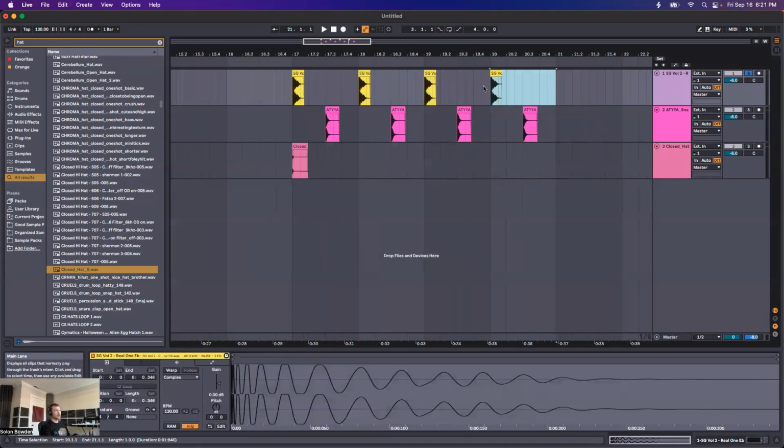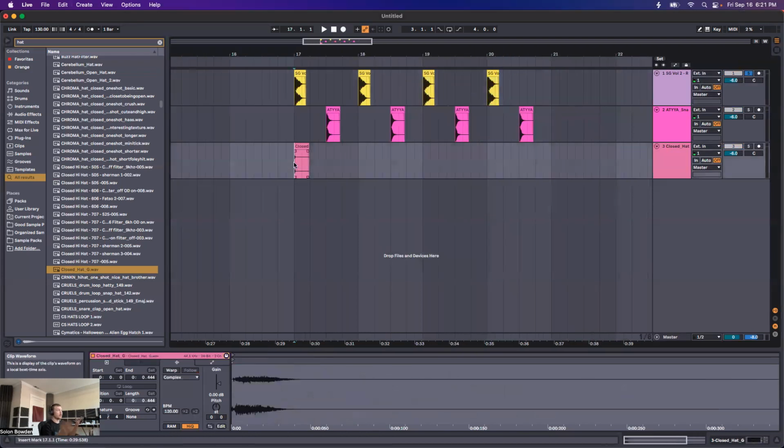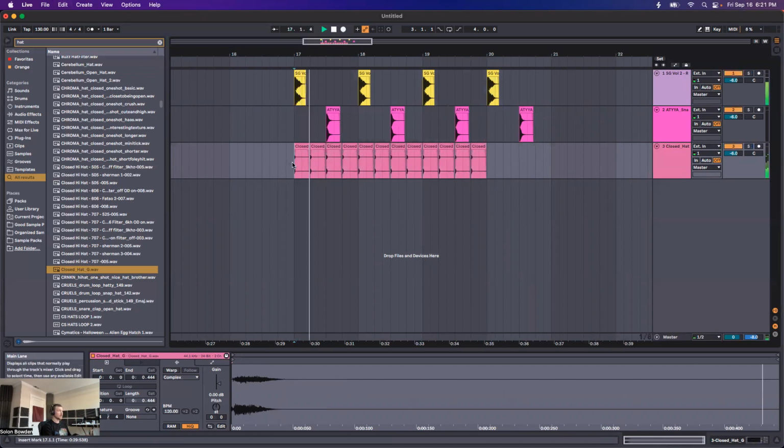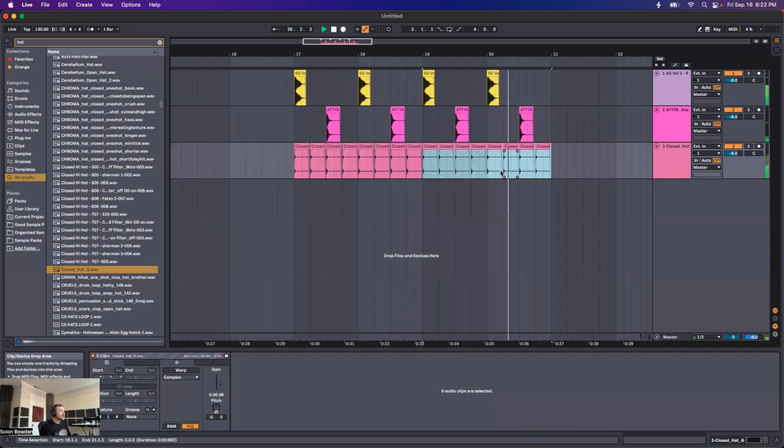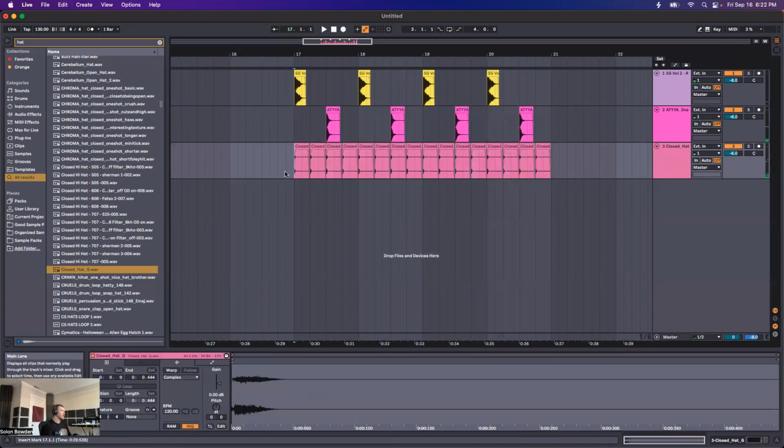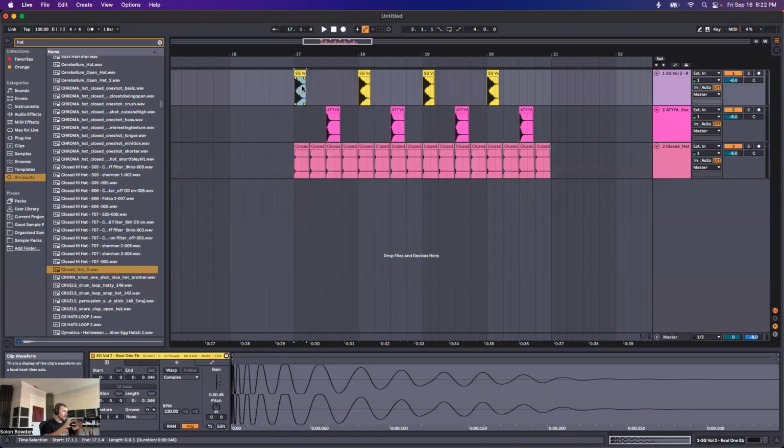For one shots, for drums, oftentimes I like leaving them unwarped. There are plenty of times where I warp them too. What is warping though? Well, we're going to get into that in just a sec here. So first off, let me just pull a bunch of these guys into here. All right, great. So warping, and actually let me just cover first everything that you're going to see